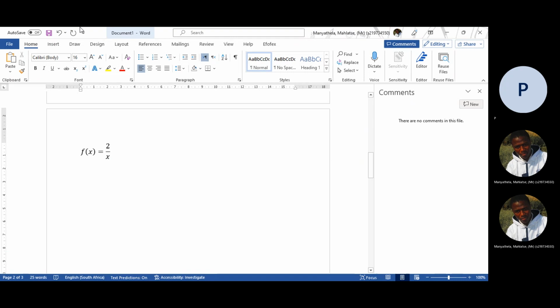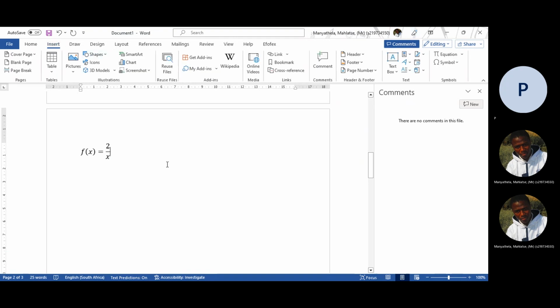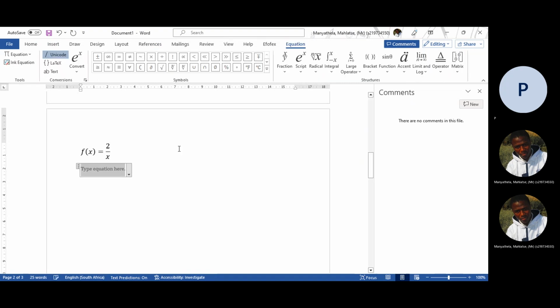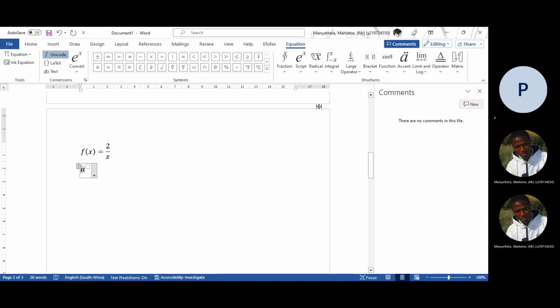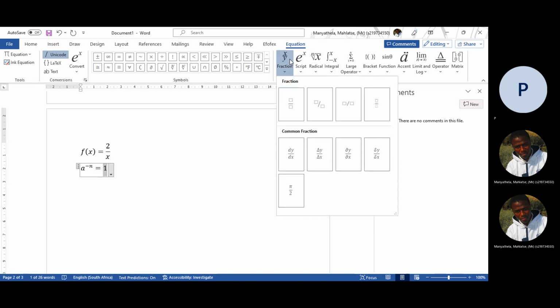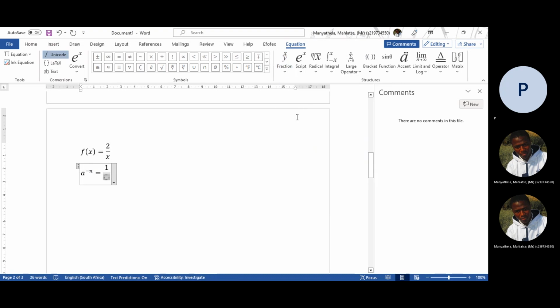Always remember that a to the exponent negative n can also be written as 1 over a to the n. So if you're given something in the form 1 over a to the n,